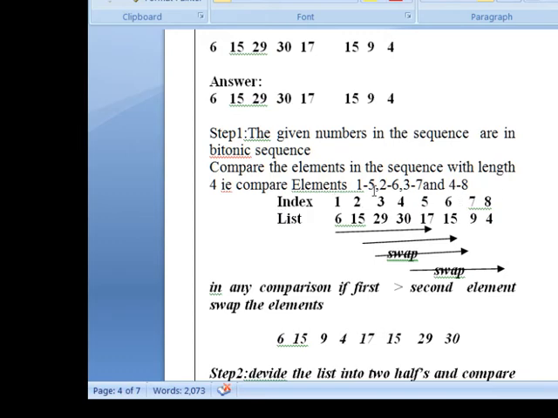ఇప్పుడు మనం ఫస్ట్ కంపారిటర్కి ఏ వాల్యూస్ ఇవ్వాలి ఇన్పుట్గా? 1 ఫిఫ్త్ లొకేషన్లో ఉండే వాల్యూస్ ఇన్పుట్ ఇవ్వాలి, అంటే 6 to 17. సెకండ్ కంపారిటర్కి ఏమి ఇవ్వాలి? సెకండ్ లొకేషను 6th లొకేషన్లో ఉండేది. థర్డ్ కంపారిటర్కి థర్డ్ లొకేషను 7th లొకేషన్లో ఉండేది ఇవ్వాలి. నెక్స్ట్ ఫోర్త్ కంపారిటర్కి 4th and 8th ఇవ్వాలి. వన్స్ that is called comparison with length 4.